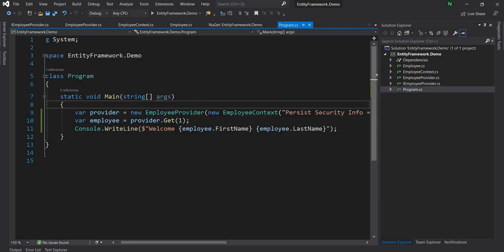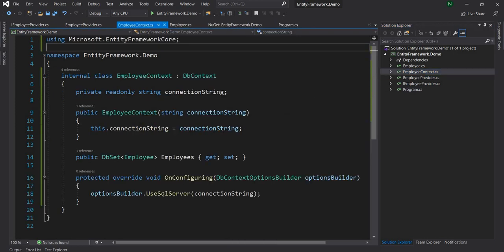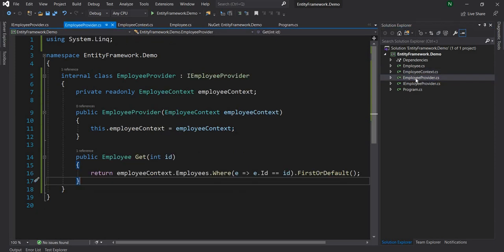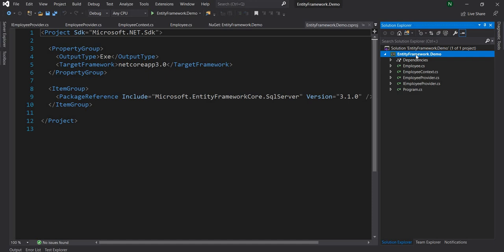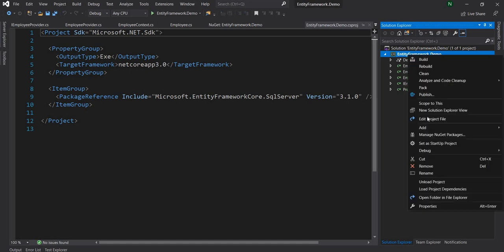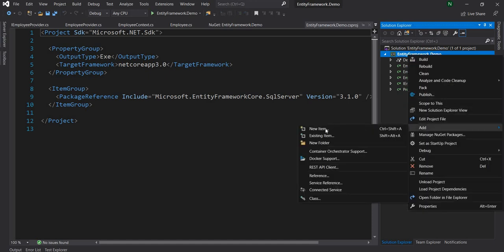So this is a very simple example of how to create an employee context deriving from DB context and then expose the employee DB set, and then using the employee DB set we can pretty much do everything. This is an example of provider. Just like provider, now we can create an employee repository which will be responsible for creating, updating and deleting